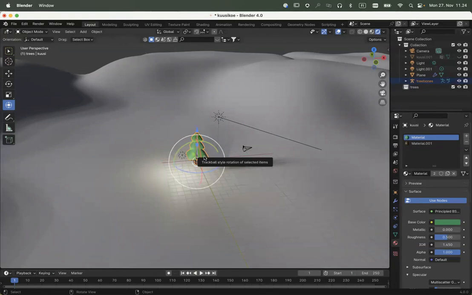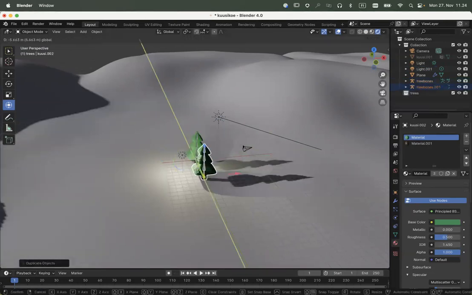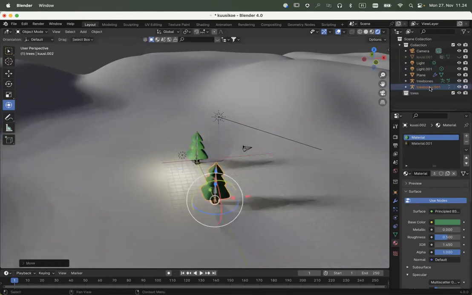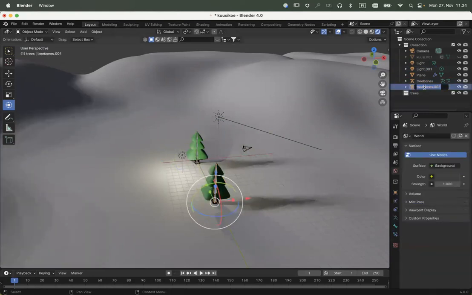Don't ask why. I think it's not very handy. Okay, Shift and D for duplication, and then I move it somewhere. So that now there's tree bones 001, which I will just call